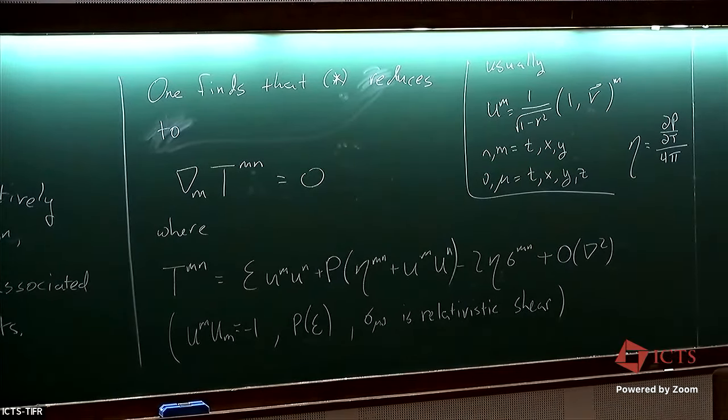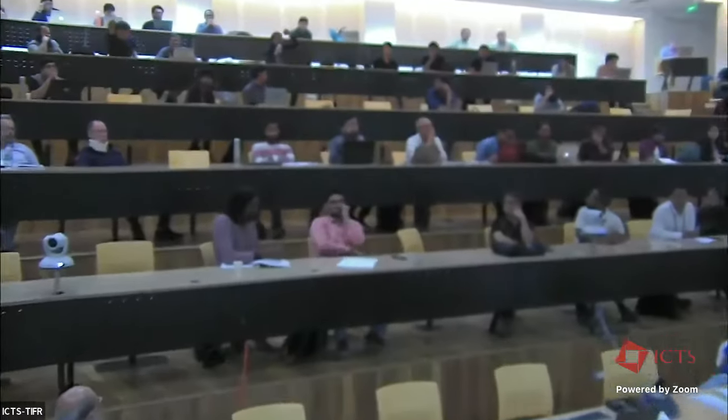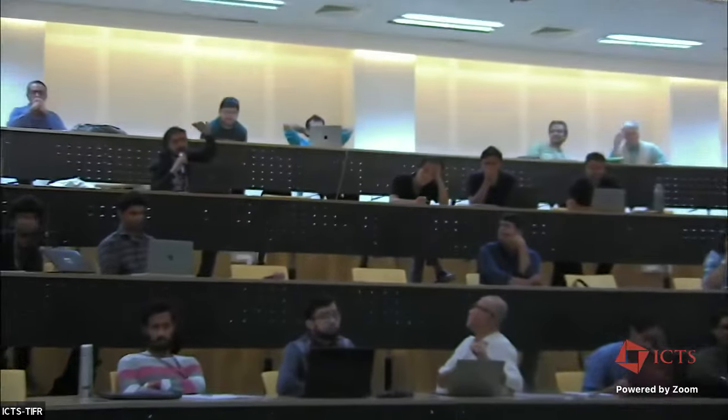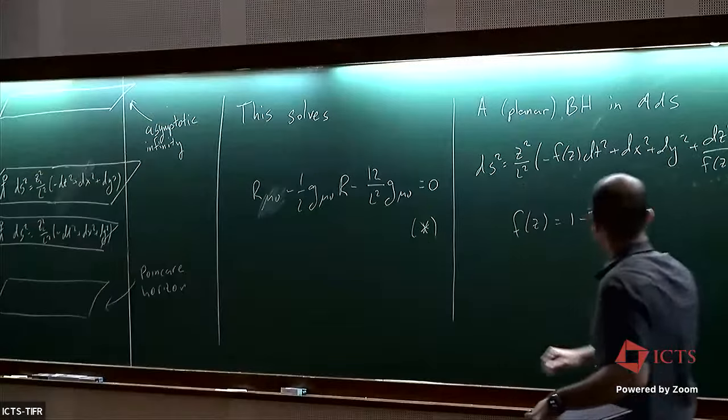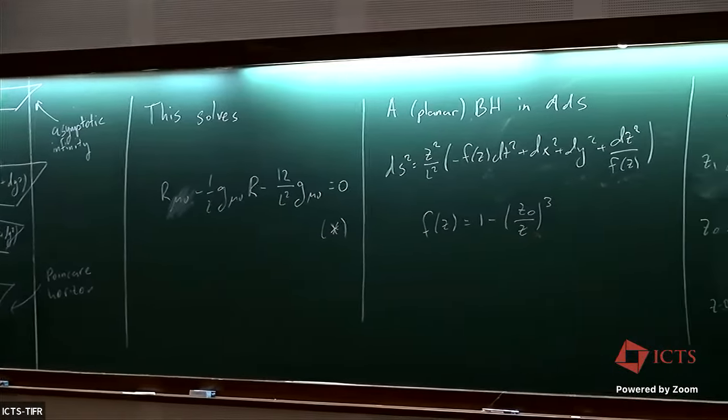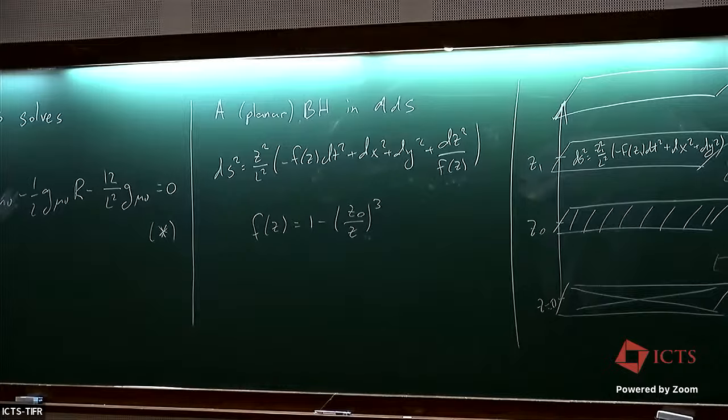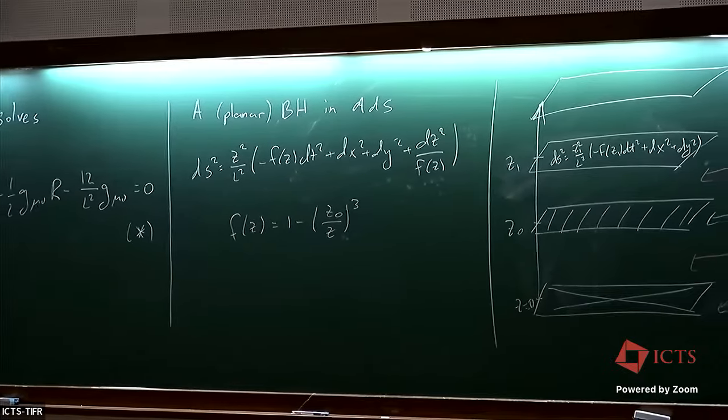Could you just indicate where the parameters of the parent, the unperturbed black hole, the L and the Z naught, have gone in exactly? So it's related to L, which you can factor out from the equations. There's an L squared that you can set to 1, it factors out. Well, it sets a scale. And Z naught appears in defining what epsilon and P are relative to L.